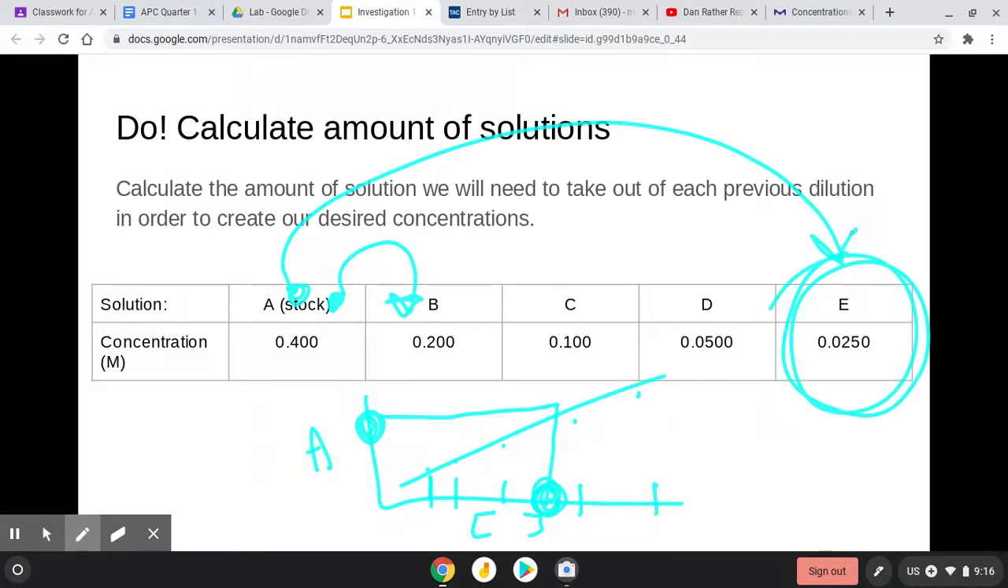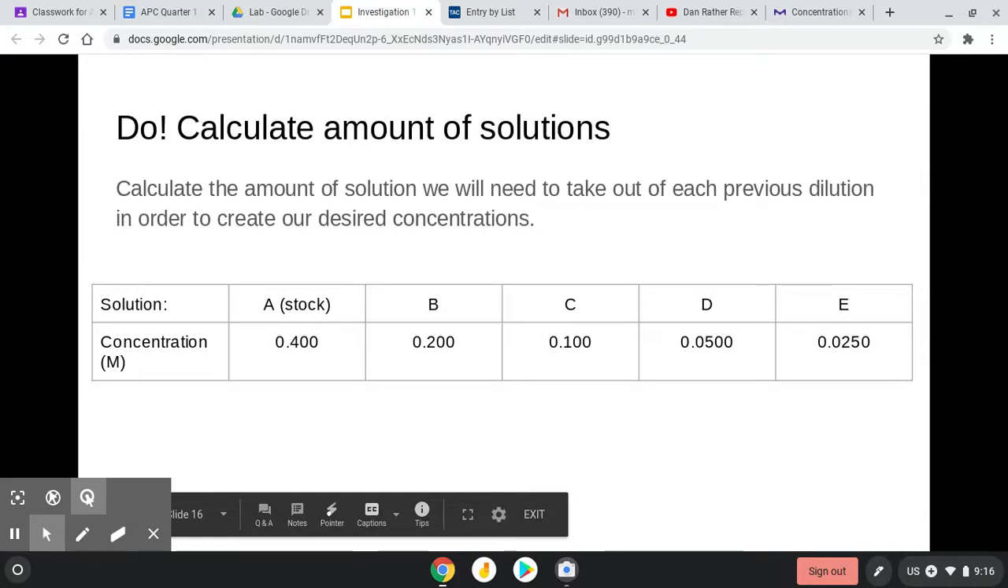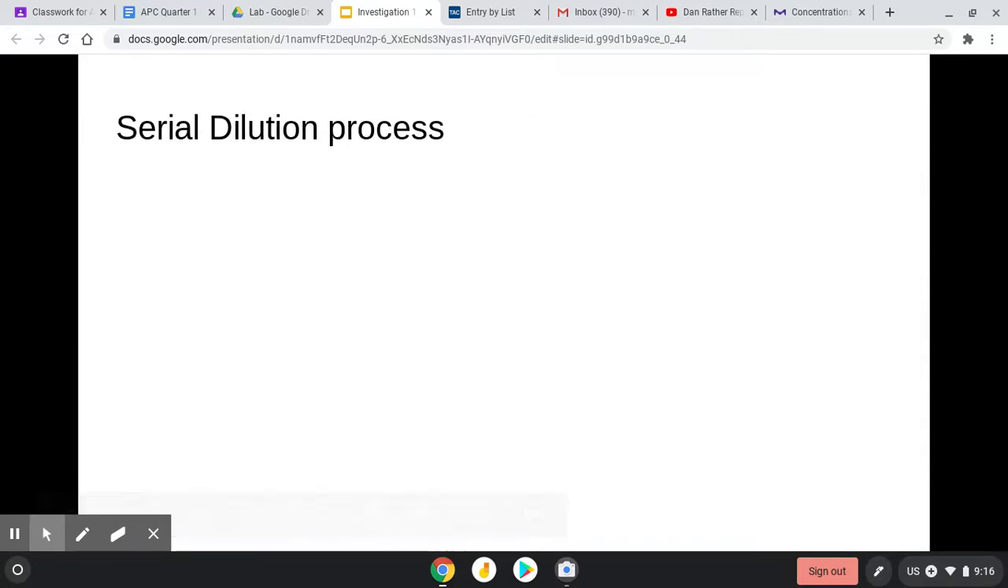Problem number two is if we take all these straight from our stock solution, we're going to eventually run out of our stock solution pretty quickly. So we don't want to do that either. We don't want to waste our stock solution. So what we're going to do is a serial dilution. Let me tell you about a serial dilution real fast. All right, in our serial dilution process,